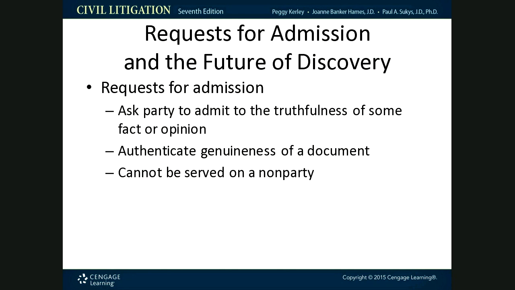Don't overcomplicate it. Don't put something in there that says, please admit that on January 15th, 2017, you were traveling westbound on Main Street at approximately 10:15 a.m. driving a Buick Roadmaster, traveling westbound. You just had right there four different facts, right? The direction of travel, the time of day, the vehicle that you were using. All of those things are facts, and if they admit, then they can come back and say, well, I wasn't admitting to all of those. I was only admitting to the first fact that, yes, I was driving in that vehicle on that day. And so limit your admissions to just one fact. And you can't use admissions on people that aren't parties to the lawsuit.